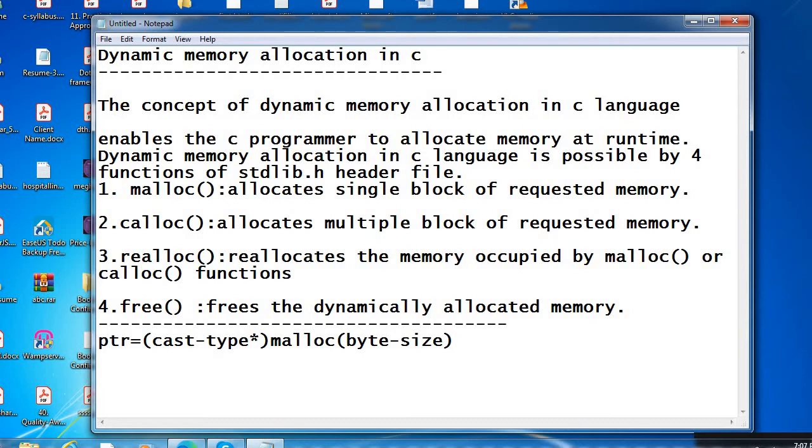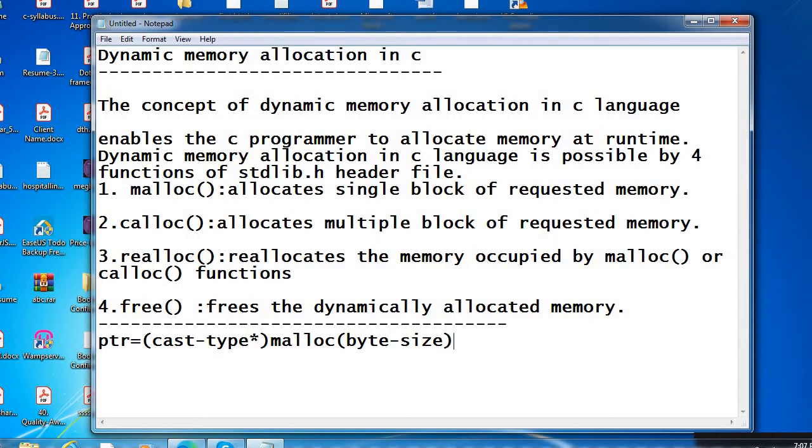See, this is the syntax. Cast type means we'll write the data type, and malloc is the function we know. And byte size means we'll write the sizeof operator, int.